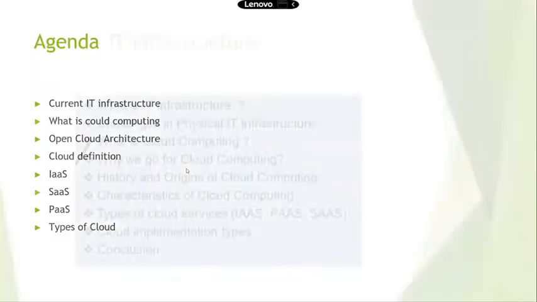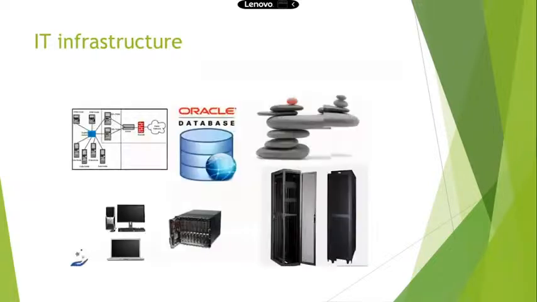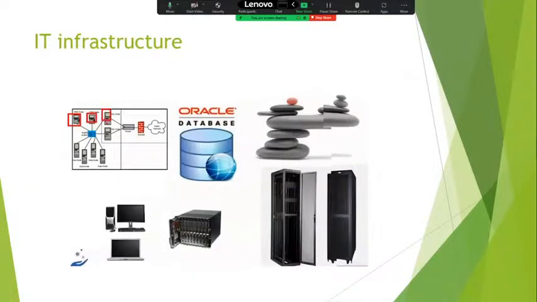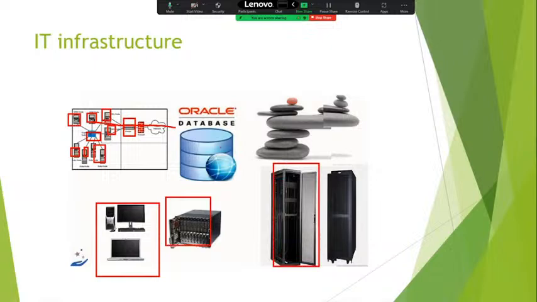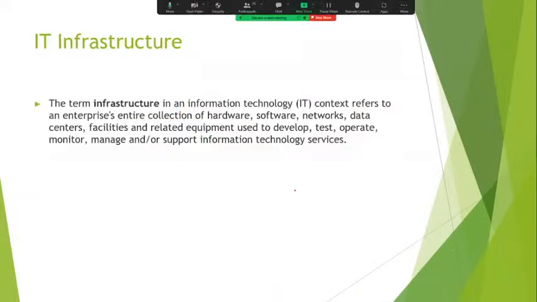To maintain our own IT infrastructure, we require a data center. If you go to any organization, the company will have their own data center. See, this is the exact picture of IT infrastructure. These are the devices, connecting to one router. This is the load balancer; the requests are maintained by the load balancer. Also, this is the hardware, racks, and database. These are the network connectivity, cables, and switches. We call them IT infrastructure.